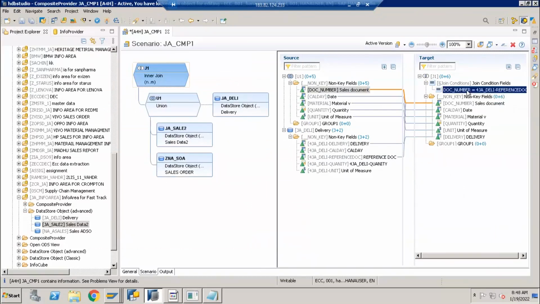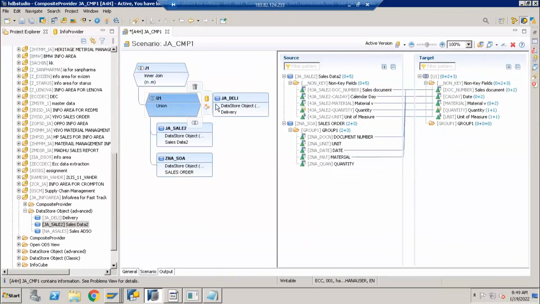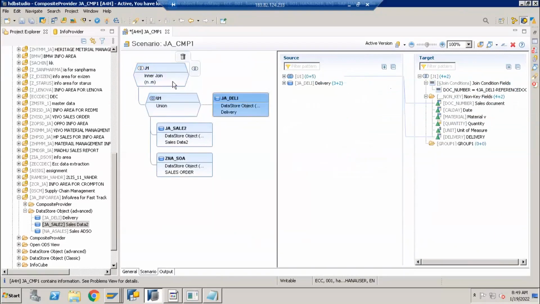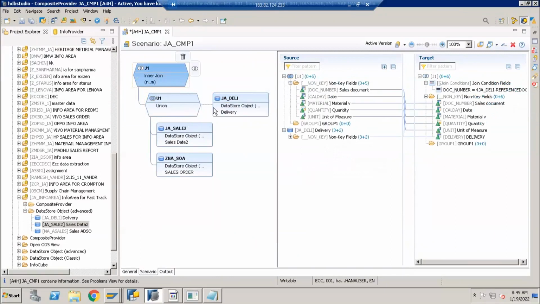When I click on this one, automatically it is going here. That's it. So this is how we perform a join. Any questions here? What will happen from the join?